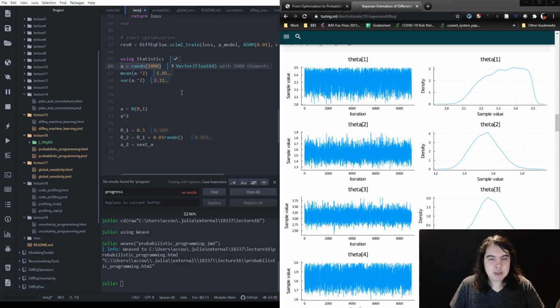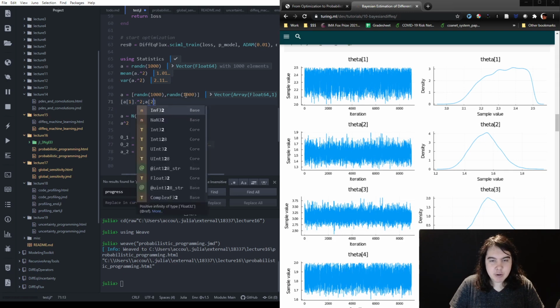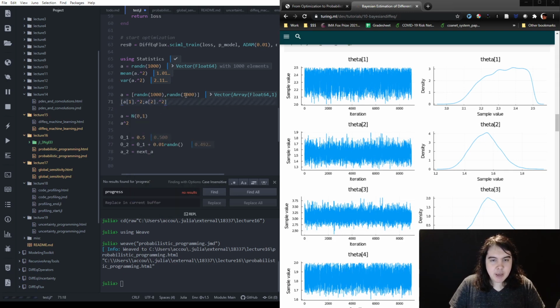So it would be like the same thing as saying, I want to estimate the probability distribution of a squared. I can do the rand n on two different a's, and I can do a of 1 squared concatenated with a of 2 squared. And this is still a representation of the probability distribution of a squared, but I can do this computation independently